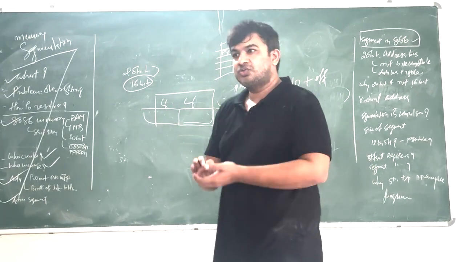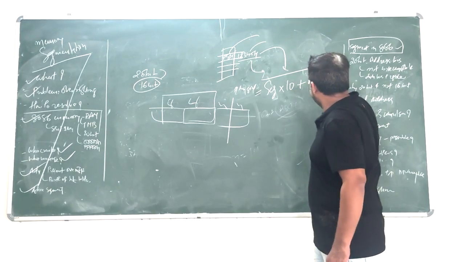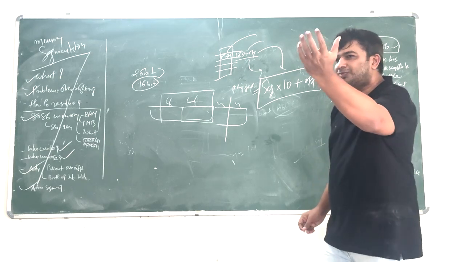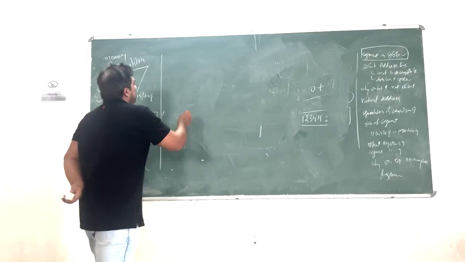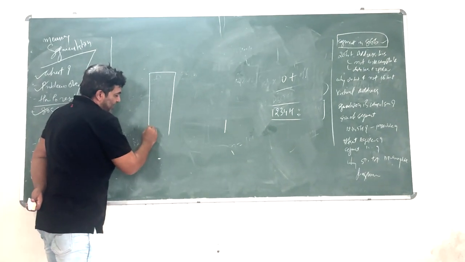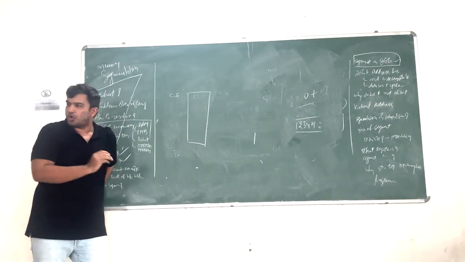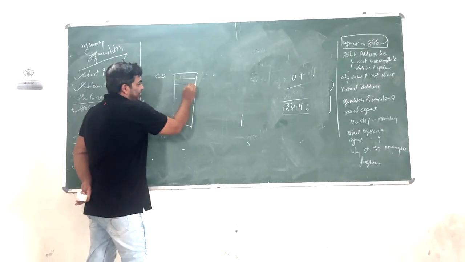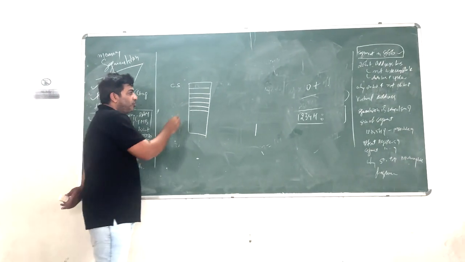This is equal to the physical address. So this 20-bit address we are creating like this, and this is nothing but the virtual address. One second. So now this is my memory. This is my code segment. In the code segment I have written something. Concentrate here, this is my code segment.